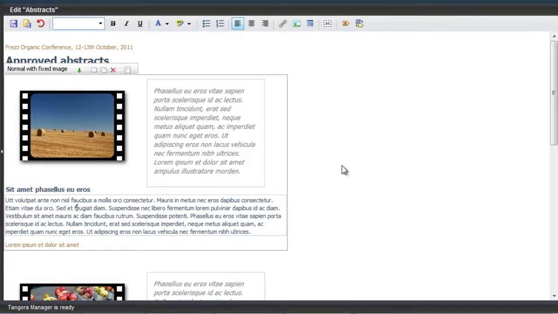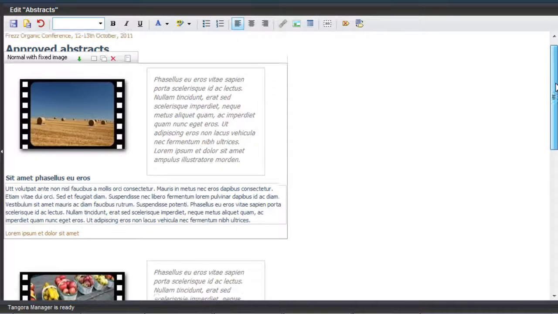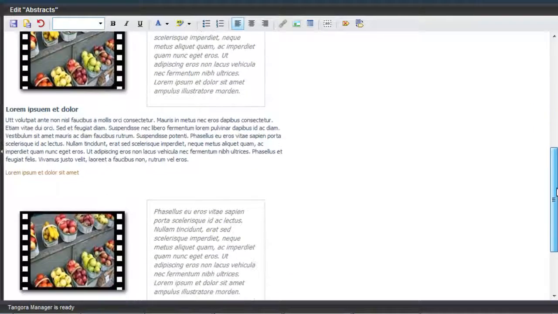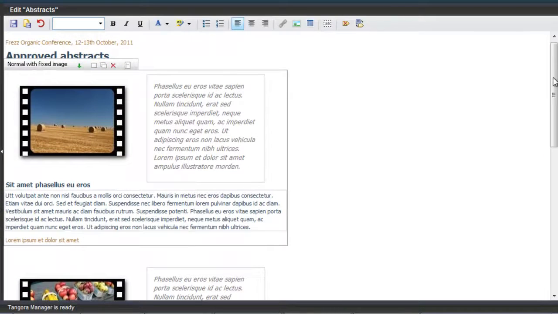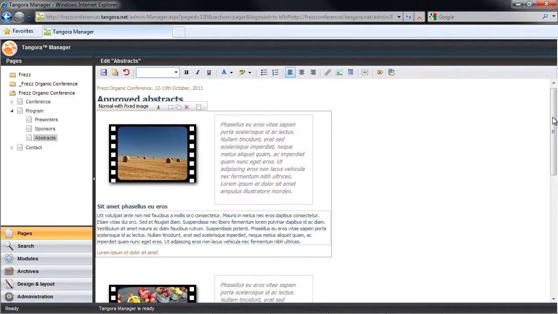Now, you may be working with a section whose layout has an image placeholder, which allows for an image in a fixed position. I have up on screen an example of such a case, and we can see here that there is an image placeholder. The idea is that your section layout is configured so you could just add an image, relying on the section layout to sort out its position in relation to the rest of the content.